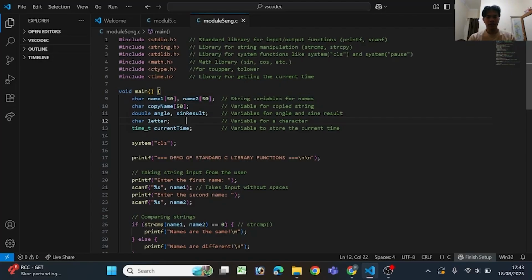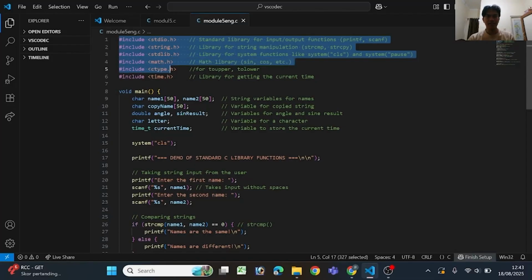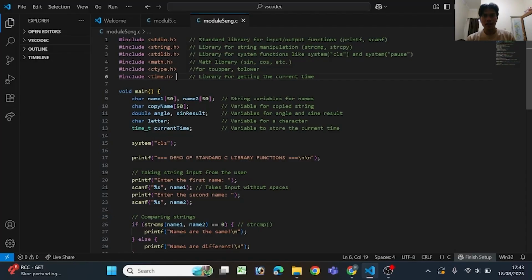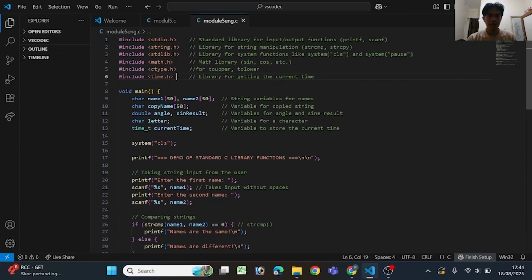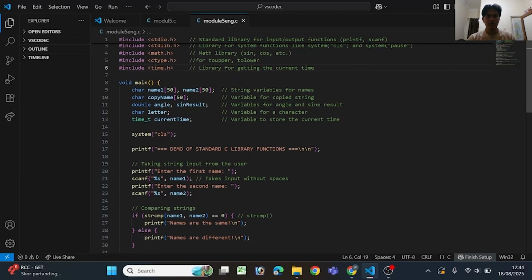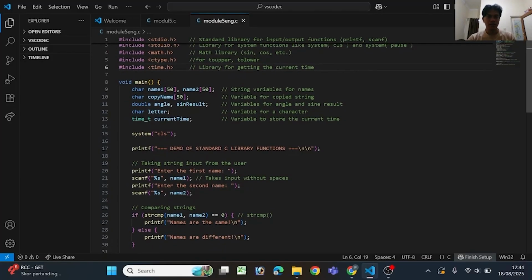This is a program that has been created. This is for the libraries, such as stdio.h, string.h, until time.h. stdio.h is for input-output functions, string.h for string manipulation, strcmp or others, and math.h for the math library.